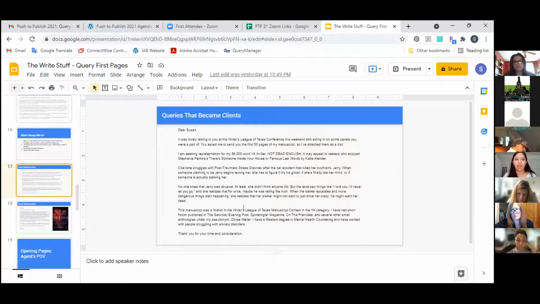She let me know that this book was a finalist in the Writers League of Texas contest in the young adult category. She's had fiction published in these places, and she let me know about herself that she had a master's degree, and that helps lend to her story because this is a story about someone struggling with post-traumatic stress disorder. So I can feel pretty confident that she is depicting this issue very accurately or very sympathetically. That's something that I signed with. And now this book is under contract to Philomel. I wish I could share with you guys the pre-order link, but it is not up yet. But keep an eye on it.